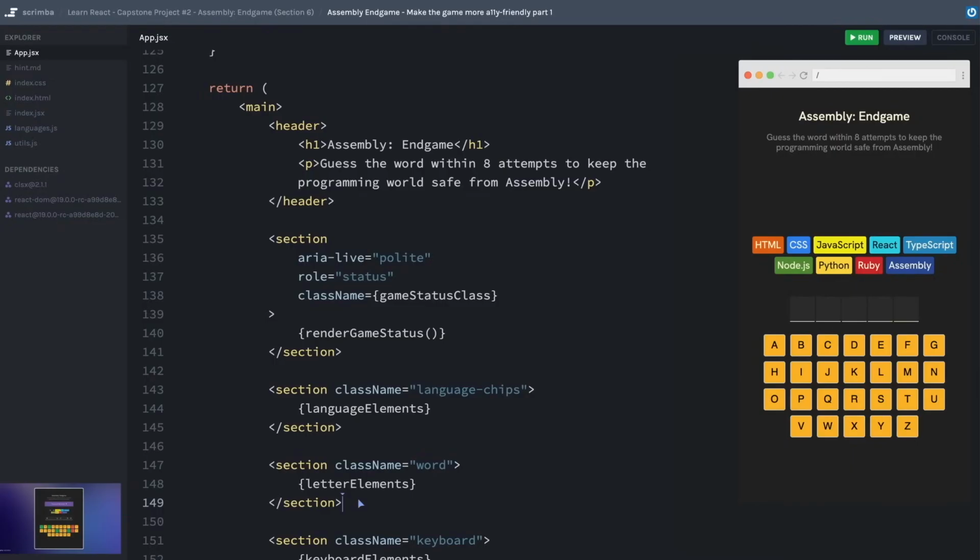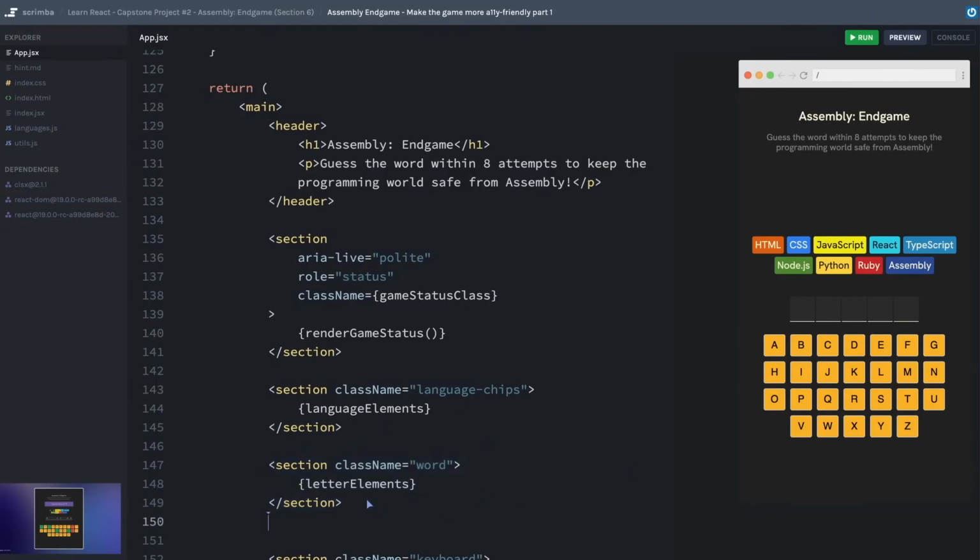Now, because this isn't a dedicated course to accessibility, I am just going to kind of explain the code that I'm writing as we go, and hopefully it will give you some ideas of how to improve your own apps in the future. Something that we can do is we can create an entirely separate section whose sole purpose is not to display anything visually, but to be read out loud by a screen reader. And then with CSS, we can just completely hide it from the DOM.